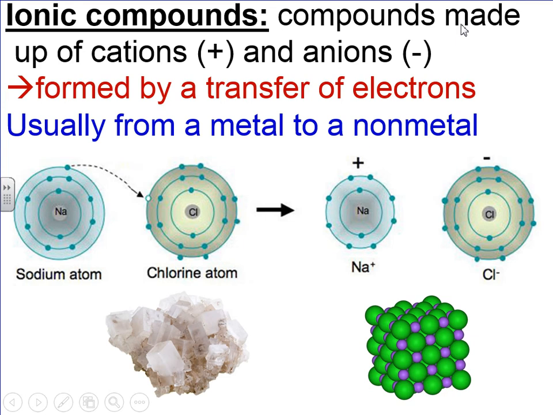Now let's define an ionic compound. The word ionic, you can hear the word ion in there, and ionic compounds are composed of the two types of ions, cations and anions, and they are formed by a transfer of electrons. So what happens usually is there is a transfer from a metal, something like sodium, to a non-metal, something like chlorine, and sodium becomes an ion, chlorine becomes an ion, and these two ions then combine together to form the ionic compound. In this case, the ionic compound is sodium chloride,